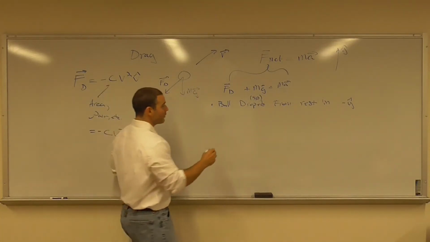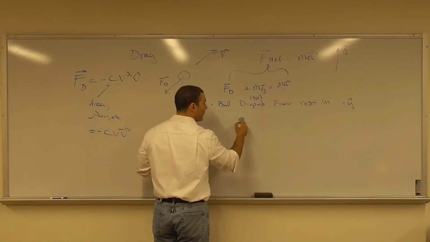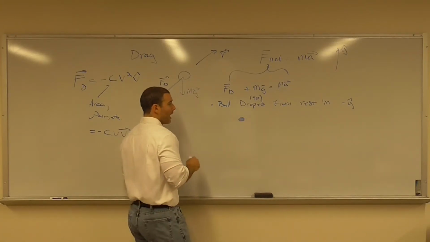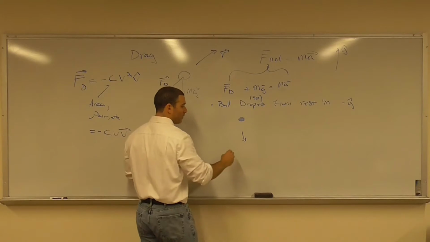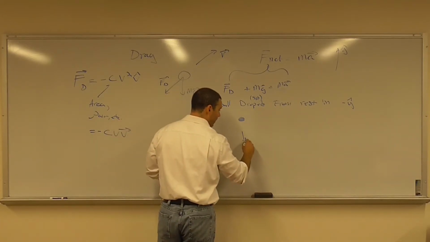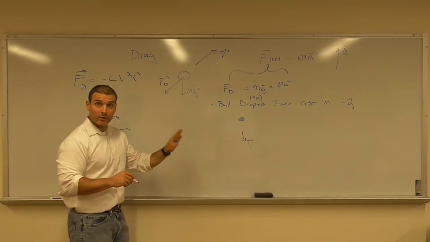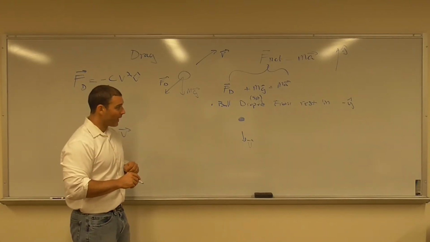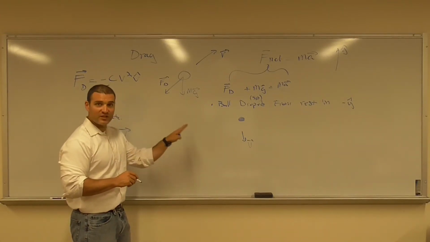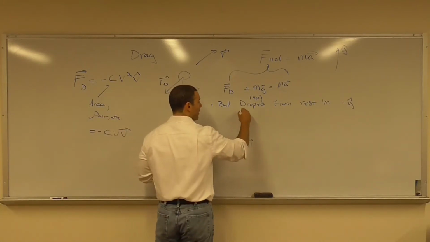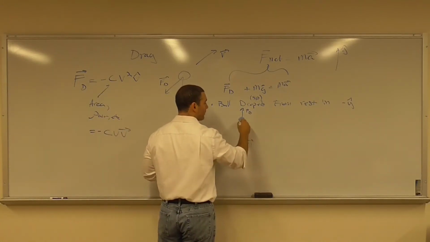What this means is that I take the ball and it's going to travel downward. So my velocity at any given time is going to point downward. But looking at it like this, if my velocity is downward, then at any given time my drag points up